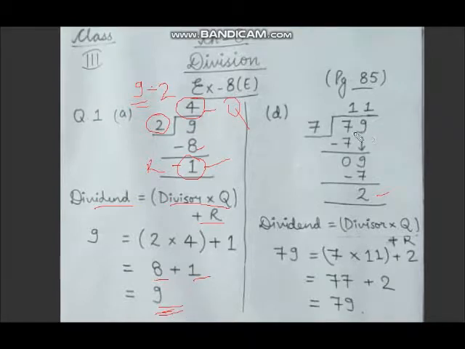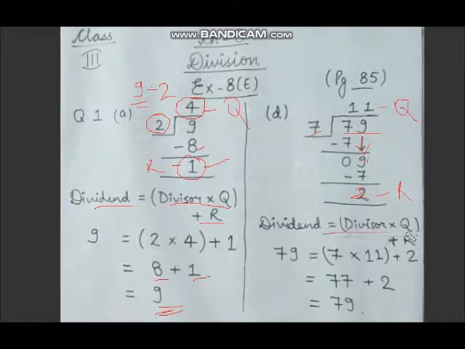Similarly in this one, we are dividing this 79 by 7. So in the table of 7, 7 comes 1 times. The remainder is 0 here. Then we will note this next 9. And 7 की टेबल में 9 नहीं आता है, 7 की टेबल में 7 ही आता है 1 times, because 2 times क्या आ जाता है 14. So वो bigger digit हो जाता है from 9. So we will use 7 1 times 7 and 9 minus 7 is 2. So 2 is a remainder and 11 is quotient over here.